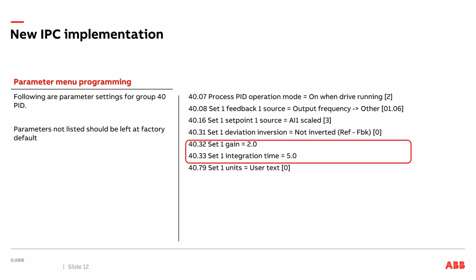But we do need to have a value greater than 0 in the gain, and integration time, I recommend maybe, for example, a value of 5, but in each scenario, you can always tweak and adjust these as necessary. And last, set user 1 units. I have this set to user text because I need hertz on the screen, so I set this to user